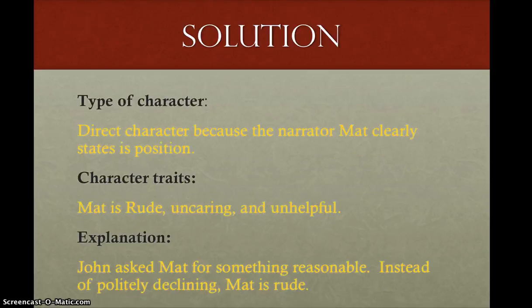Solution. Well, we know that this is a direct characterization because the narrator clearly states Matt's position. And his character trait is that he's rude, uncaring, and unhelpful. Well, how do we know this? Notice that John asked Matt for something reasonable. Instead of being polite, he